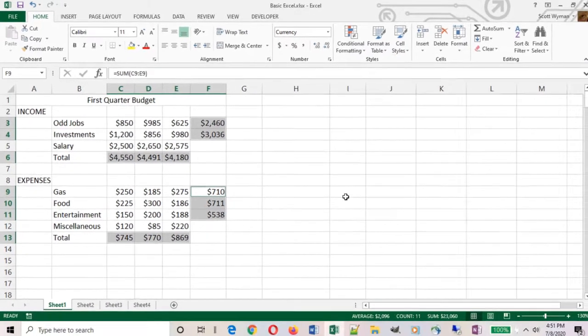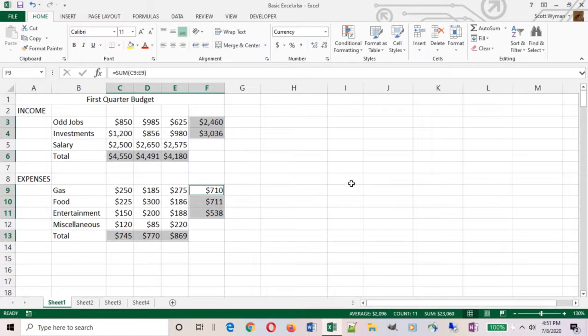Okay. So speaking of monthly totals, we don't have anything up here that specifies our months of the year. So since this is our first quarter budget, we'll go with a fiscal year. And that kind of carries us into